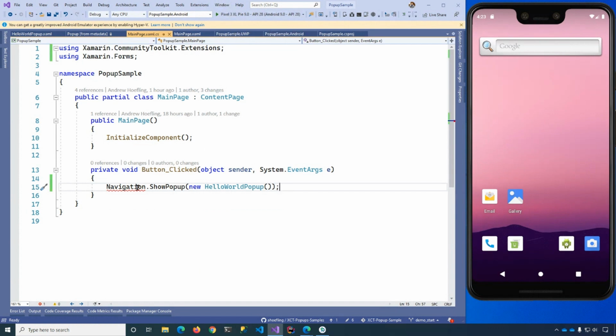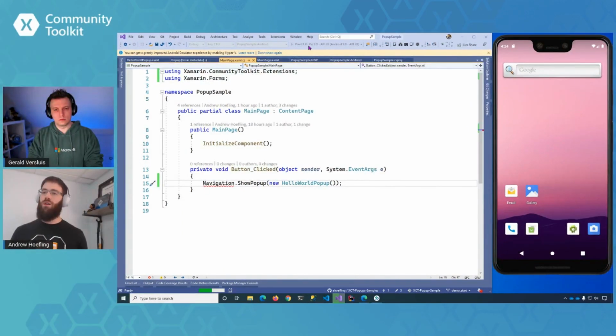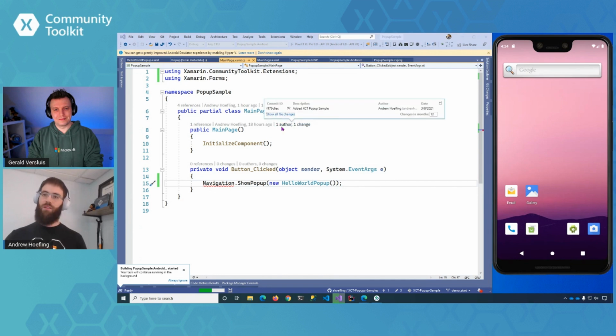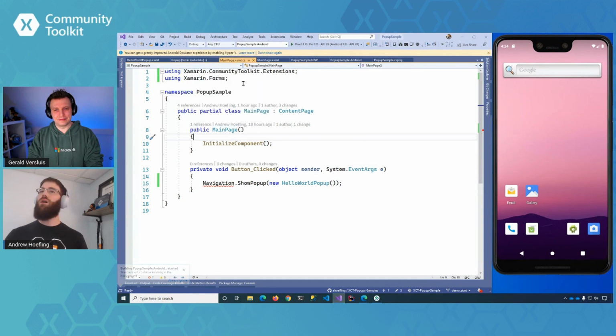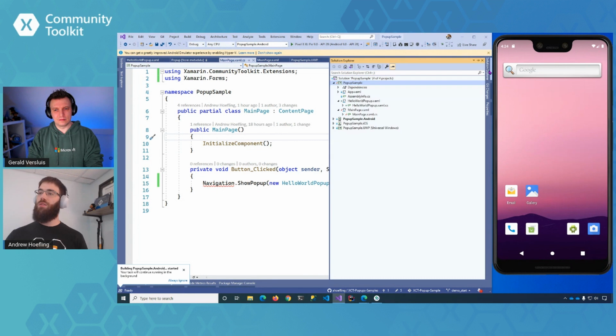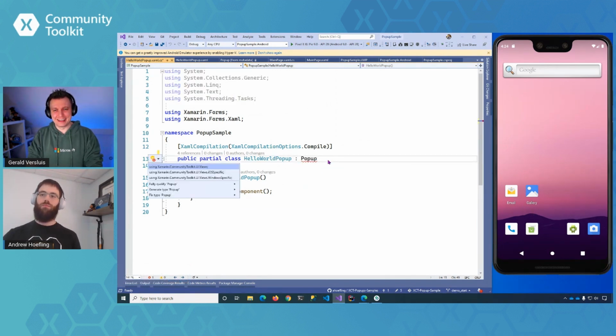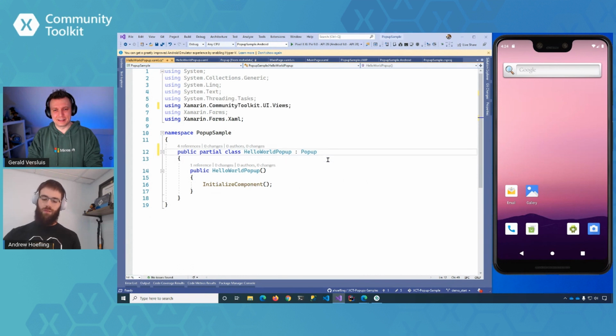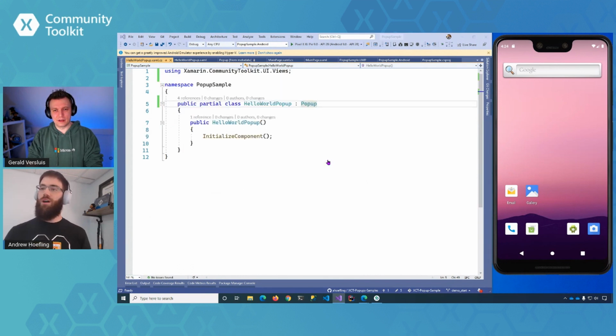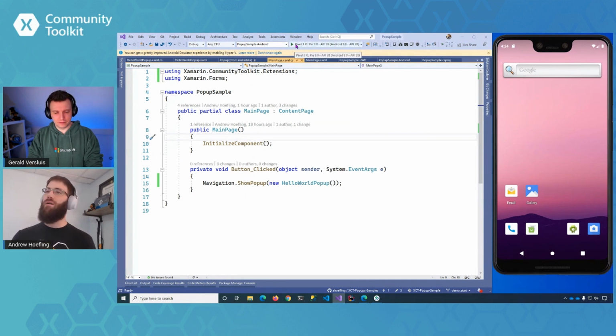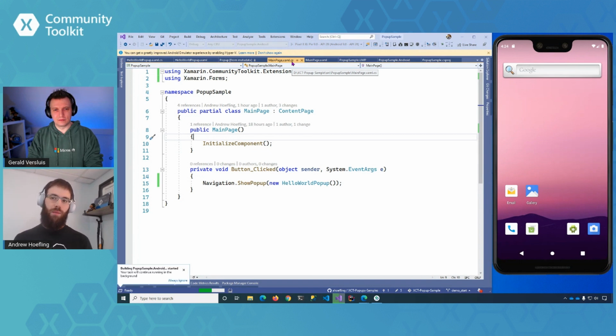And we will hit the go button. It needs to build first. So we'll just hit the go button and we'll see. Nope, that's going to fail because I forgot to update one last thing. There's always one thing. On the Hello World pop-up, I forgot to update the code behind. That pesky code behind. Yes. So we will change this to pop-up. We'll add our namespace, and we'll just get rid of some using statements. Don't like those there. Okay, now it'll work. It was actually giving us a proper error. So now we'll hit the go button. And when we click that button, we'll be able to display a pop-up.